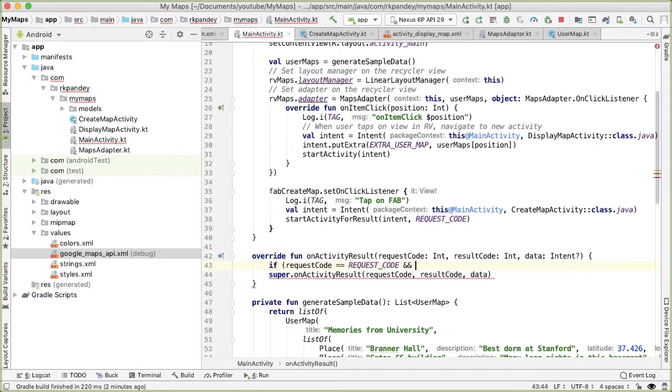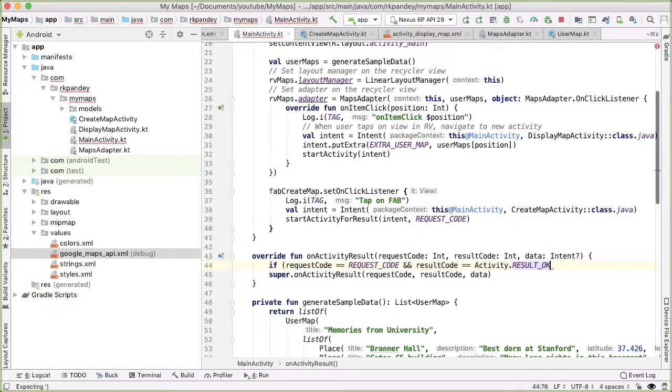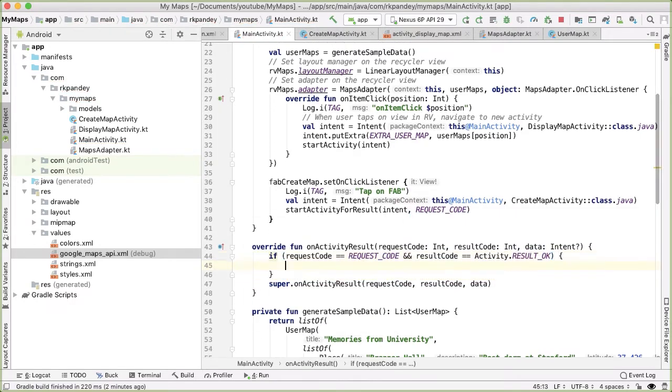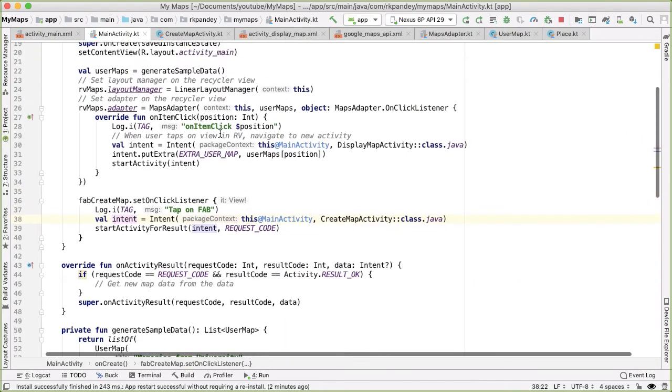And also we want to make sure that the result code is equal to result OK, which is the Android way of indicating that everything went fine. And if so, there should now be map information from the data object that we get passed back. Okay, one more thing we'll do before we run the app